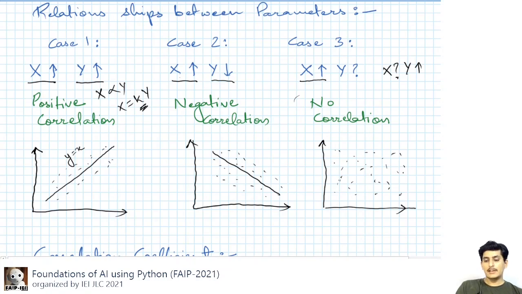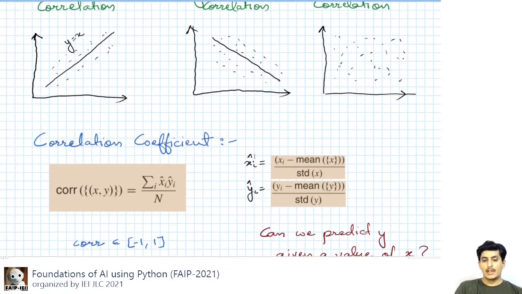So looking at the data in these scatter plots, we can interpret them in a way to identify a relationship between the data parameters, and that relationship is said to be correlation. So how to calculate correlation given two data sets x and y? This is the formula. Correlation of x and y is x and y summed over i and divided by n. n is the total number of samples.